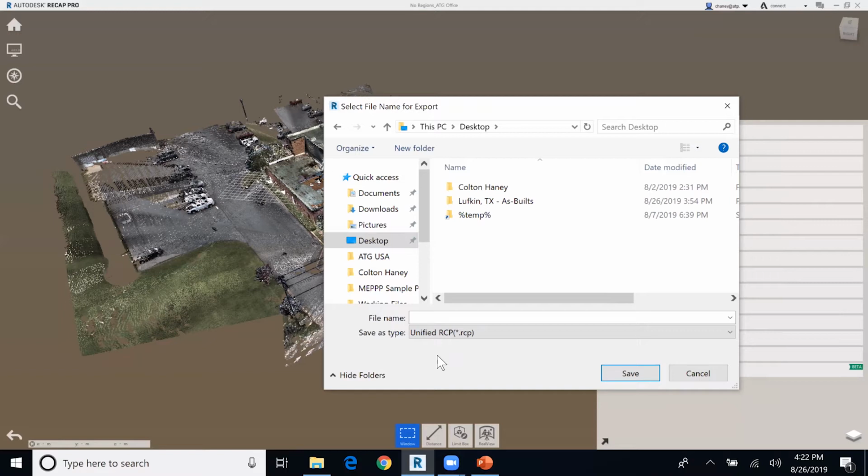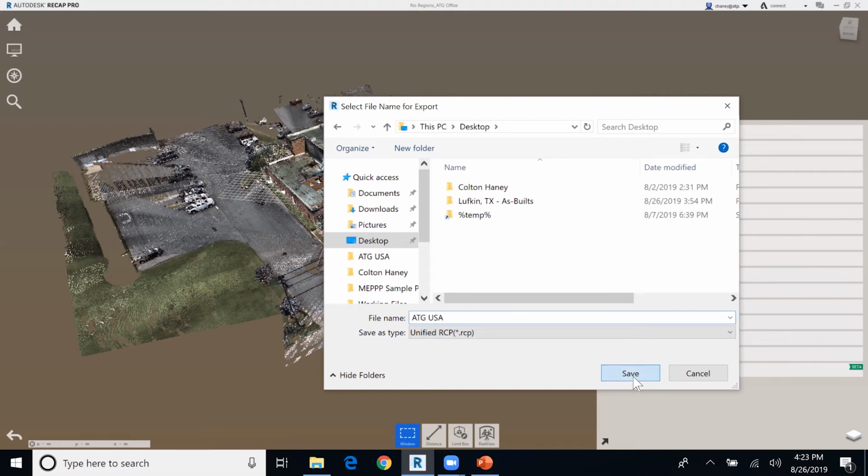So say you modified this a little bit, maybe you got rid of some ghosting, or maybe you got rid of the site, and when you go to export it, it's still going to maintain that data in the unified RCP. The unified RCS is going to delete forever those points that you removed. And there are some situations, say maybe it's a really big model, where you may want to use a unified RCS. It'll cut down on your file size. But for 9 out of 10 cases, the unified RCP file is going to be what you want to go with. So you just give it a name